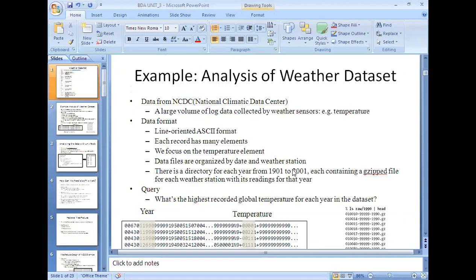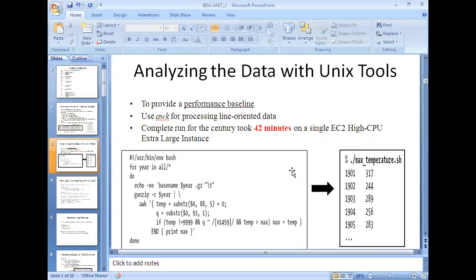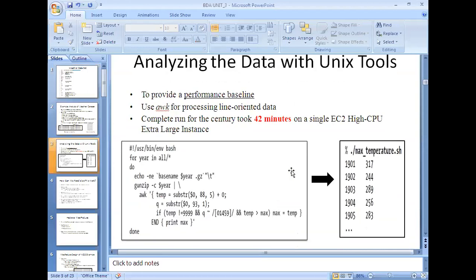In the previous class, we discussed how to produce the desired output using an AWK script. What is the desired output? We'll try to print the maximum temperature that was recorded. This is the script which we developed for displaying the maximum temperature recorded in each year, because we need to find the maximum temperature for the years from 1901 to 2001. That is our goal, our task.